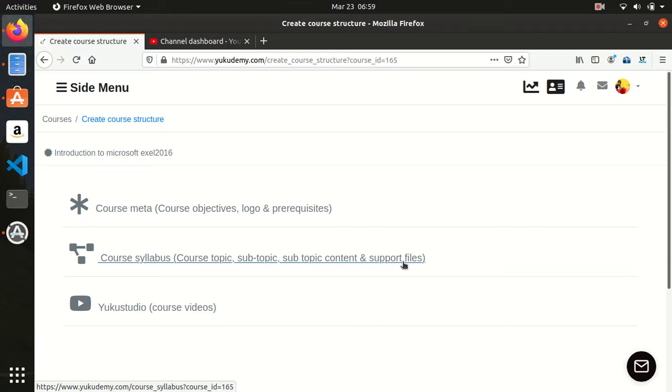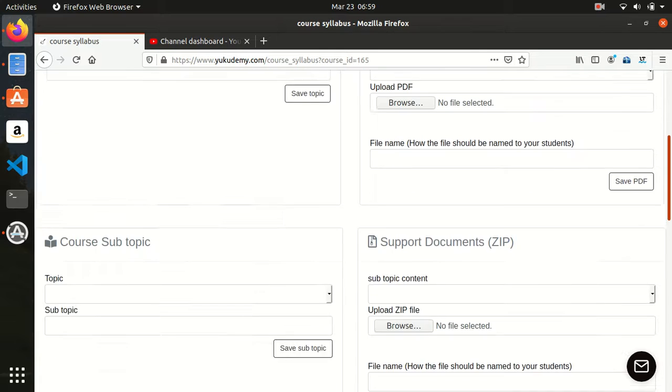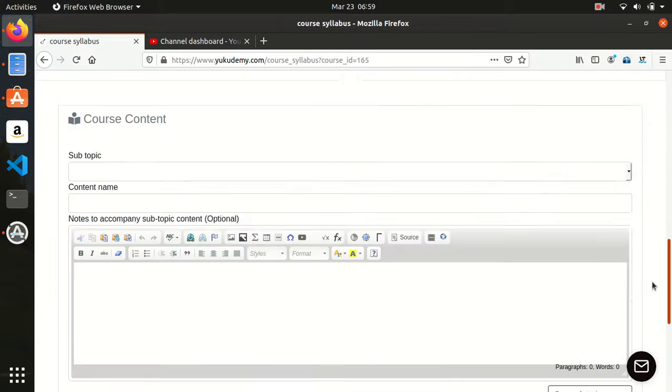In this case, they're supposed to be zipped files. How to zip, you'll learn it from somewhere. There are already different sources which you can learn from. You click on that, course syllabus, and you wait for what will happen. Then when you click on it, you'll find that you have another page,